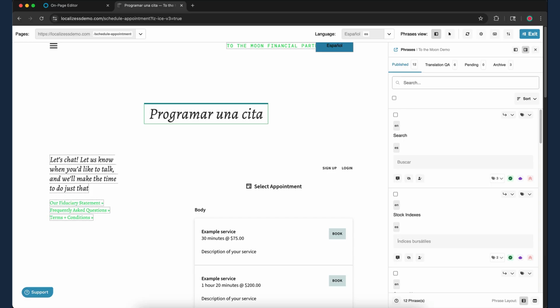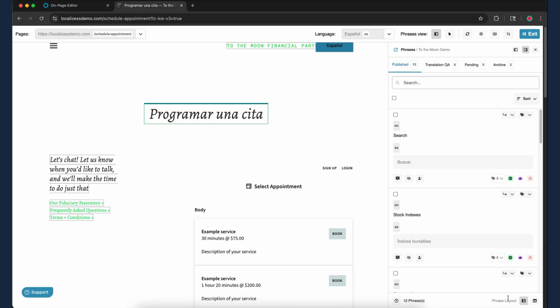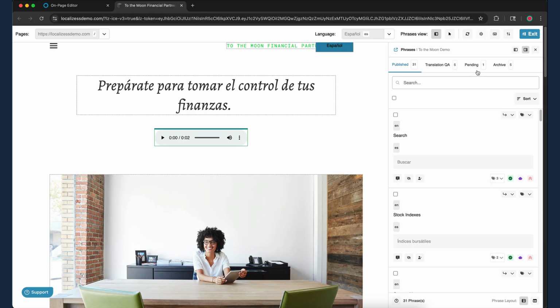Sometimes a website has a top navigation bar that is hidden beneath the on-page editor's navigation bar. To fix this, click the Move Up-Down button to toggle the on-page editor's navigation bar from the top to the bottom of the page. If you want to work on a specific page on your website, click on the Pages